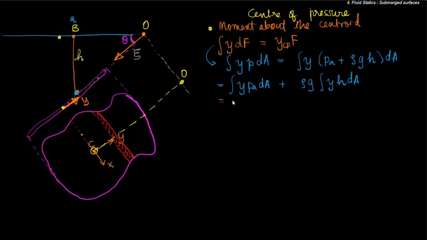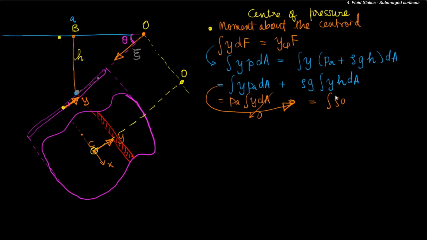Now PA being a constant, so PA times integral y dA. If I am taking the integral y dA about the centroid, right, if I have this red shaded area and I multiply it by the moment term, that is y times dA, and integrate it over the entire area, this has to be 0, because I am taking the moment about the centroid, and for the coordinate chosen at the centroid, integral y dA by definition has to be equal to 0. So this particular term vanishes, and we are left with